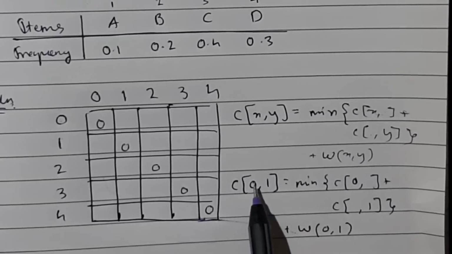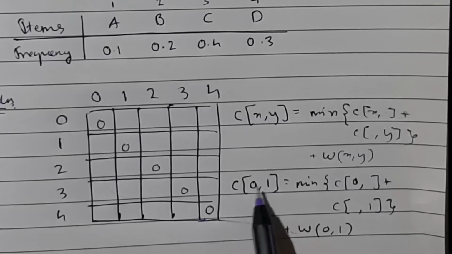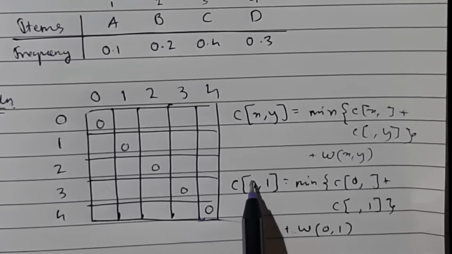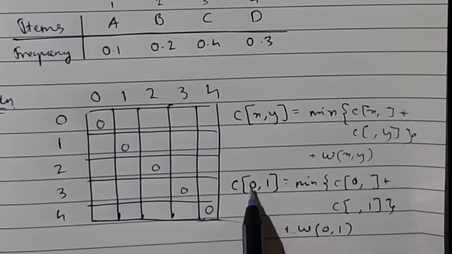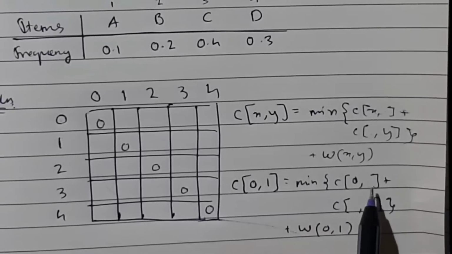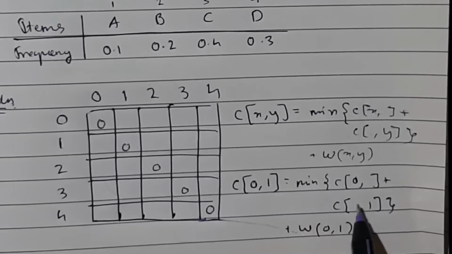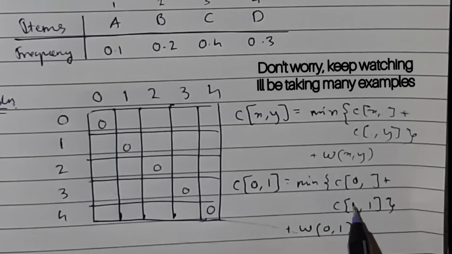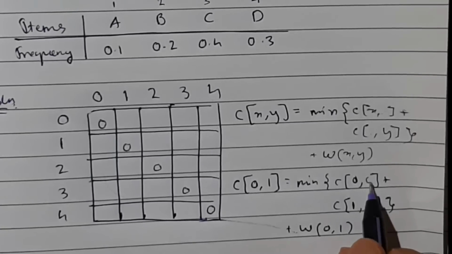So the first value means how many keys we have now? 0 and 1 only, right? From 0 to 1 only two numbers are there, 0 and 1. So the first number will be ignored and we will be remaining with only 1, okay. So here we'll have to fill only 1. So if I fill here 1, the previous number I have to fill here, okay, 0.